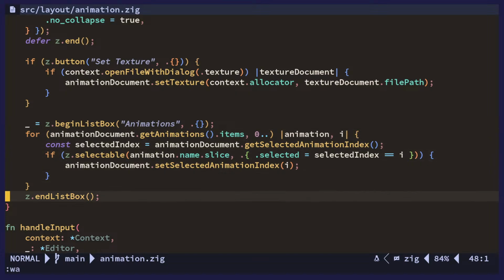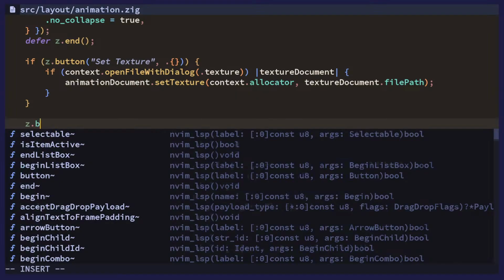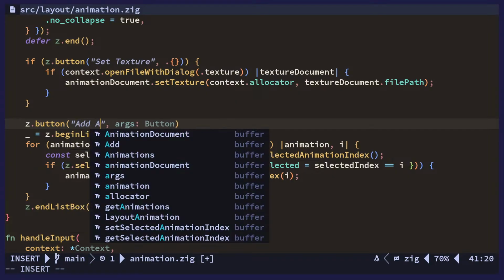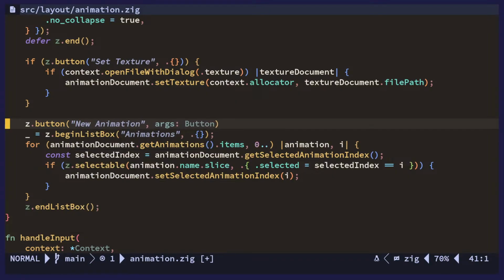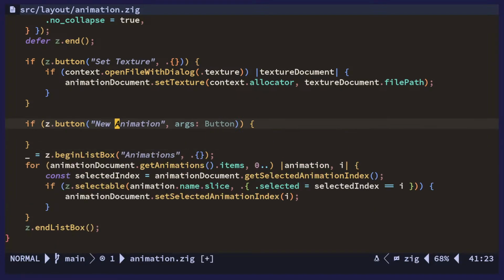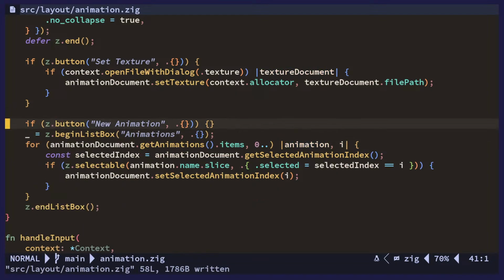So we need to add a button as well, with which we can actually add animations. So let's do it here. Maybe we'll have a button in the list box now. Maybe not. I'll just have a button here. So this will be add animation or new animation or create animation. I'm not sure what to call it. Alright, new animation, and there's nothing there. Okay, so if this is pressed,